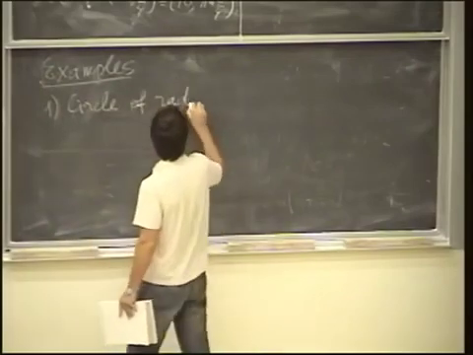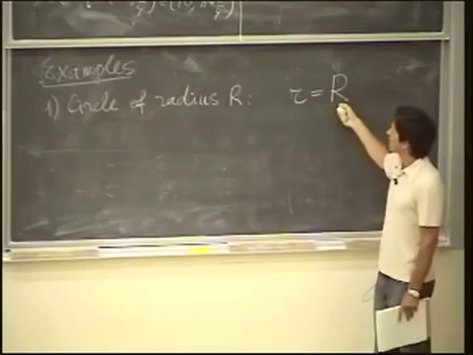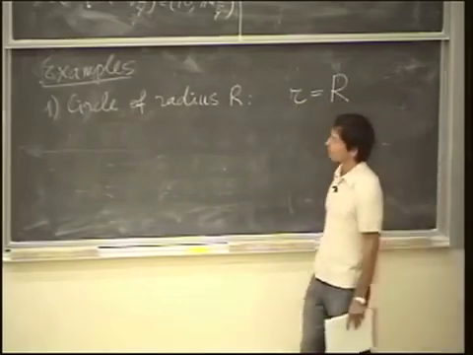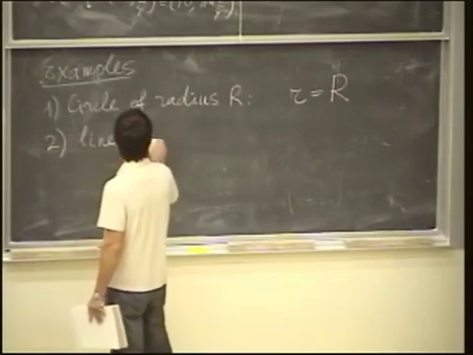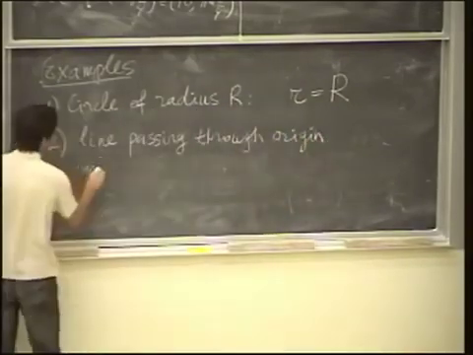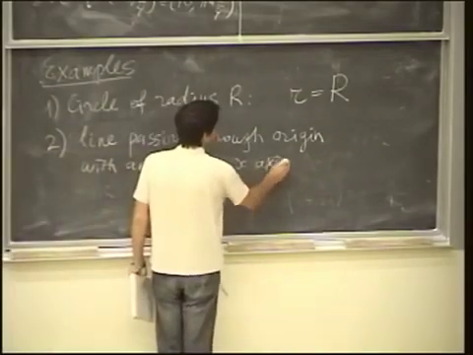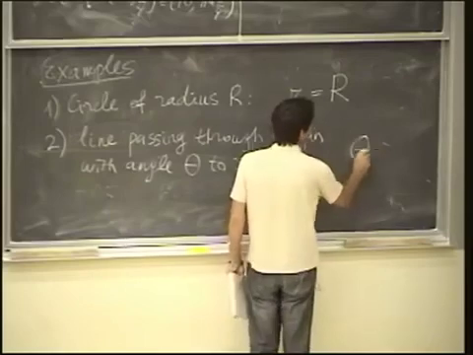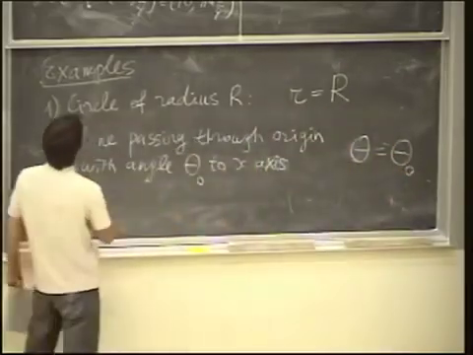A circle of radius R is represented by the equation r equals R, where r is one of the two polar coordinates, the radius. Here's another example: a line passing through the origin with angle theta to the x-axis. It is also given by a very simple equation, namely theta is a constant, an angle theta 0, say. What I mean to say is